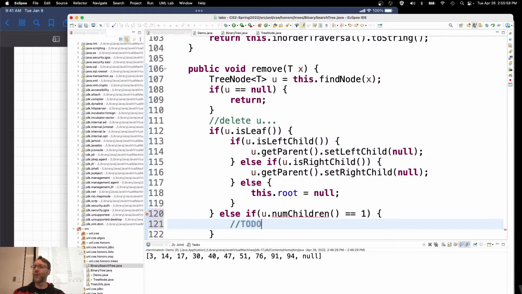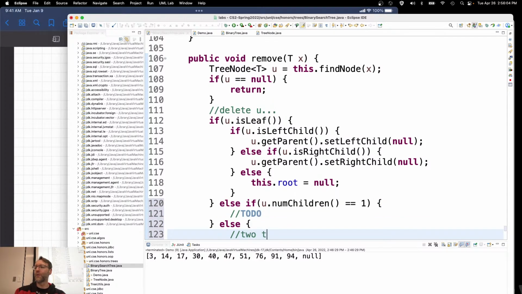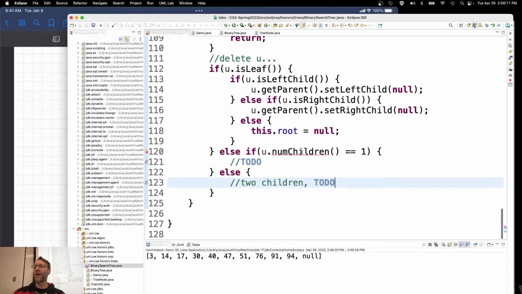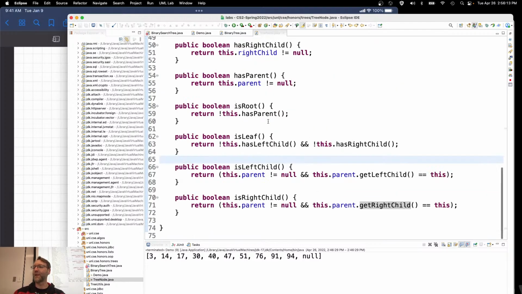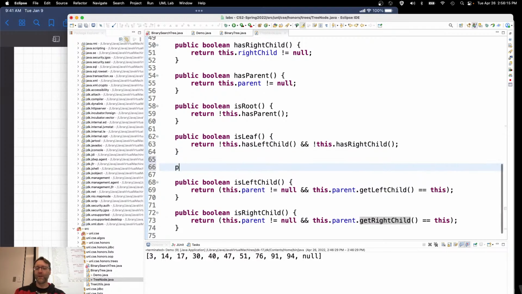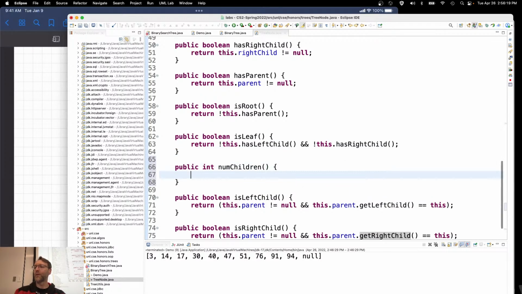Then do that to do, right? Else, 2 children, to do. Right? I don't have num children, do I? But that's a gift that I can give to myself. Public int num children. Right, return